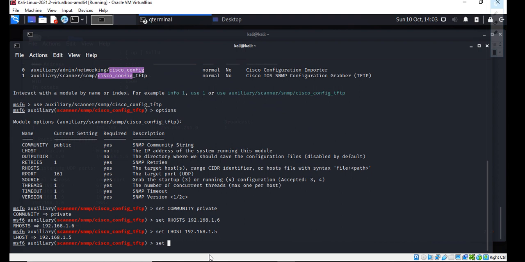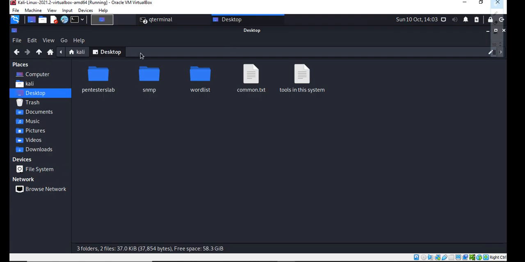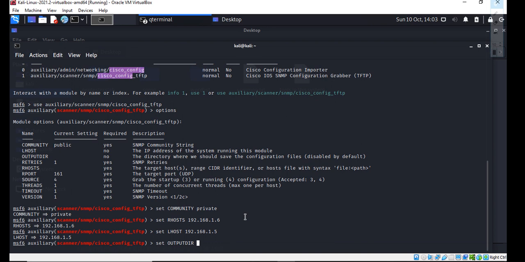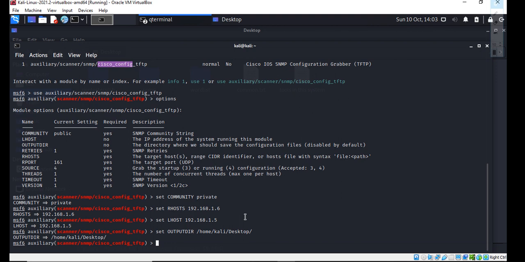Set output directory, and let us store this on the desktop, and let me copy the path name here, home Kali desktop. So the output file of this attack will be stored on the desktop, where we will get the managed information. So now the attacker will be performing the exploit.